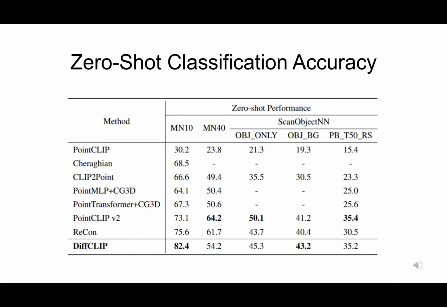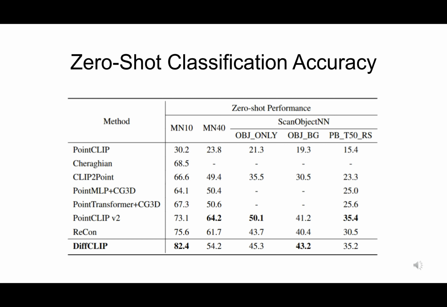Next, we will show some experiment results of our work. In this table, we show the zero-shot classification accuracy of DiffCLIP on the ModelNet10, ModelNet40, and ScanObjectNN datasets. Without any 3D training data, DiffCLIP achieves an accuracy of 43.2% on Object BG of the ScanObjectNN dataset, and it reaches an accuracy of 82.4% for zero-shot classification on ModelNet10, which are